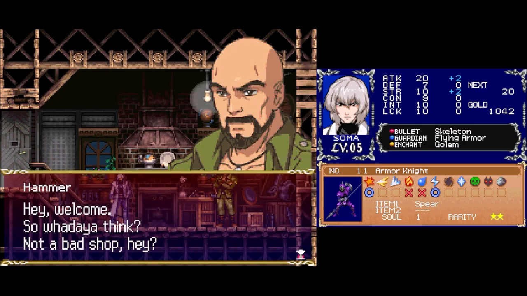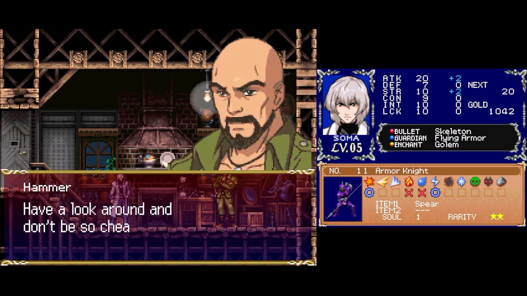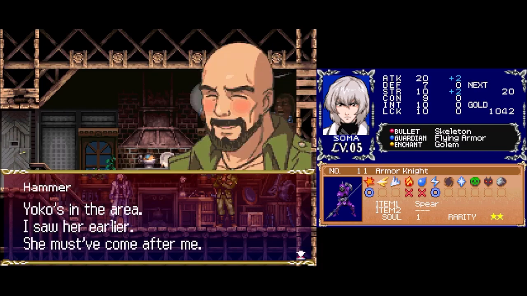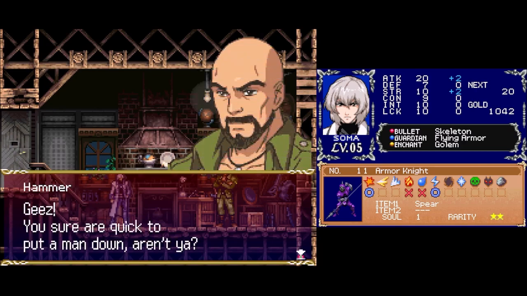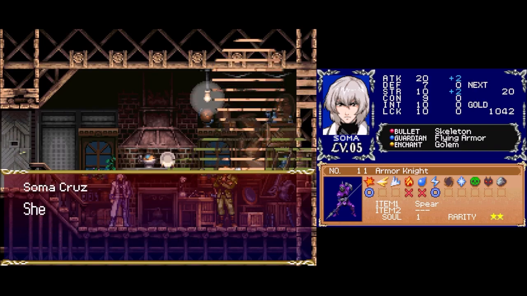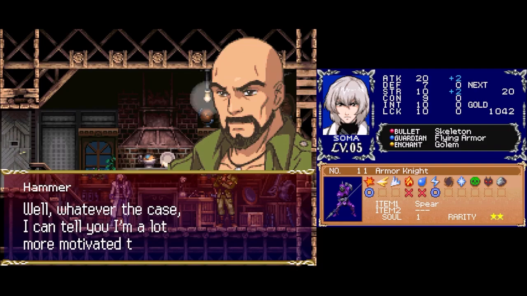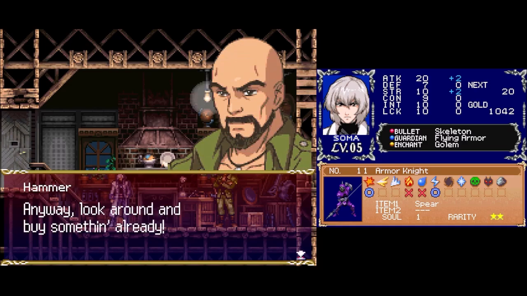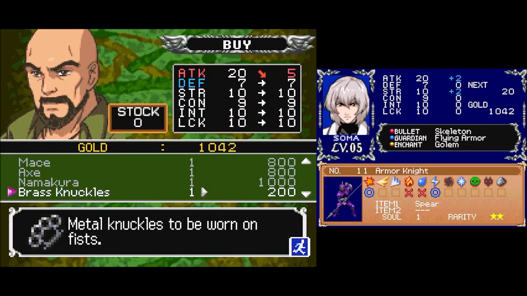Hey, welcome. So what do you think? Not a bad shop, huh? Of all the weirdest places to Is he set up a strong bad? Hey, have a look around and don't be so cheap. Hey, Yoko's in the area. I saw her earlier. She must have come after me. That's not it. Jeez, you're sure quick to put a man down, aren't you? Amazing charisma, Soma. She's here to investigate this cult, she said. Well, it's like you're actually there at the pond with the ducks. Didn't you come back to me? Anyway, look around and buy something. To the dear strongman. So actually, I was going to buy an axe, but I just had to buy a...